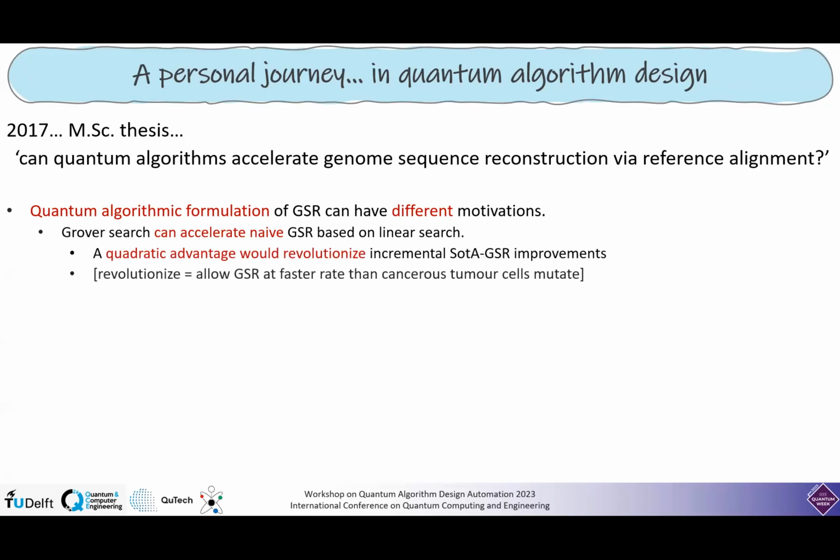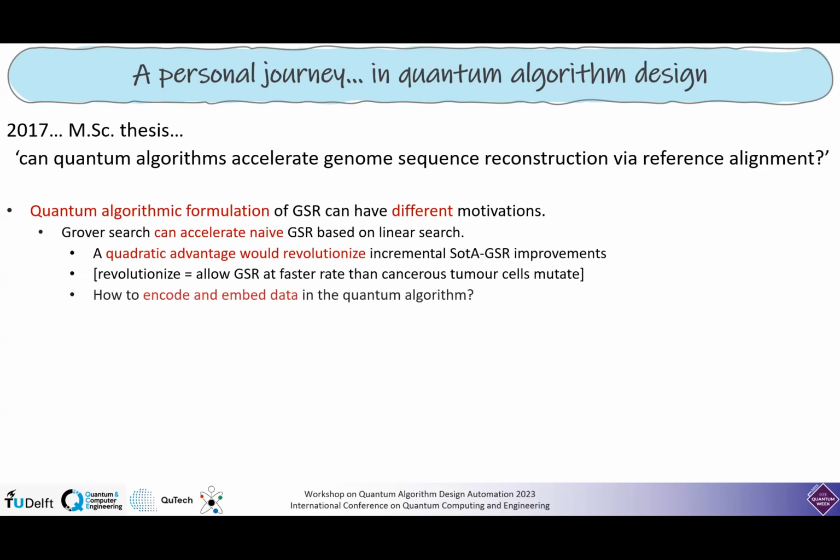By revolutionize, I mean in GSR, every year the new state of the art improves the previous one by some constant factor. The previous one was a factor of 1, now we have a factor of 1.1. In that case, a quadratic improvement is kind of revolutionary, and it's going to enable applications which are kind of dreamed of in classical high performance computation. Yeah. And you can do something like sequence genomes faster than the